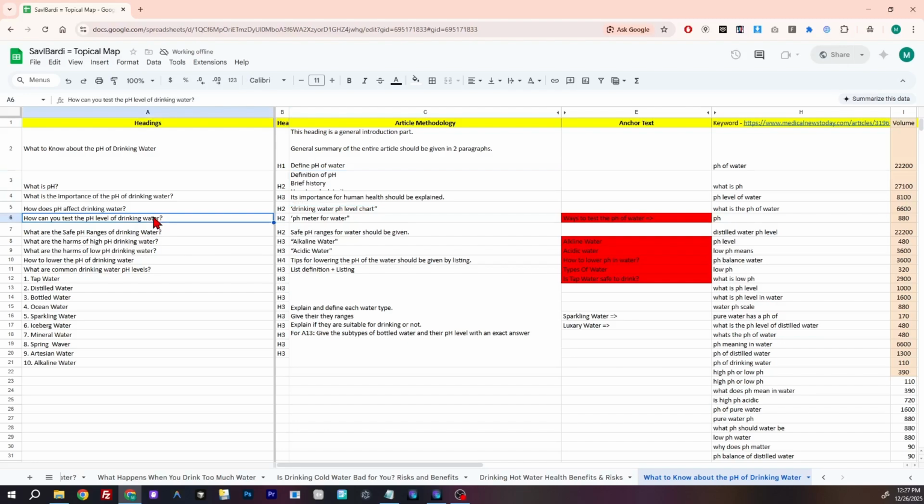Once we ask about the testing of the pH level, we ask what the effects of every level of pH are: what is the effect of low pH water, what is the effect of high pH water, and high pH arctic water, hot water effect with a high level of pH, or arctic hot water at high pH before the bath, etc. You need to combine all these things with each other while covering your article.